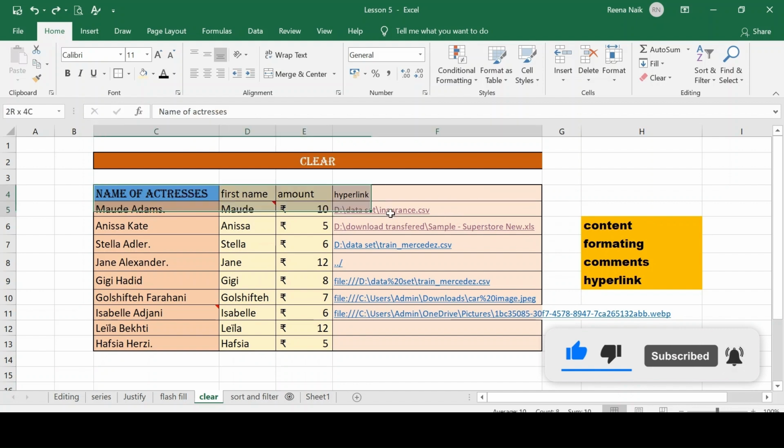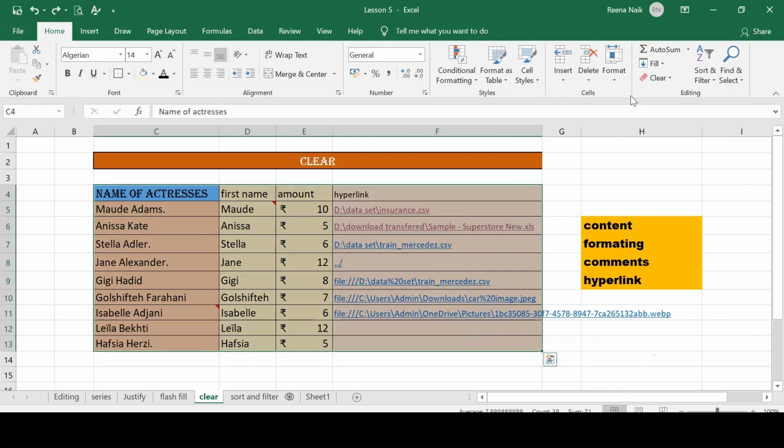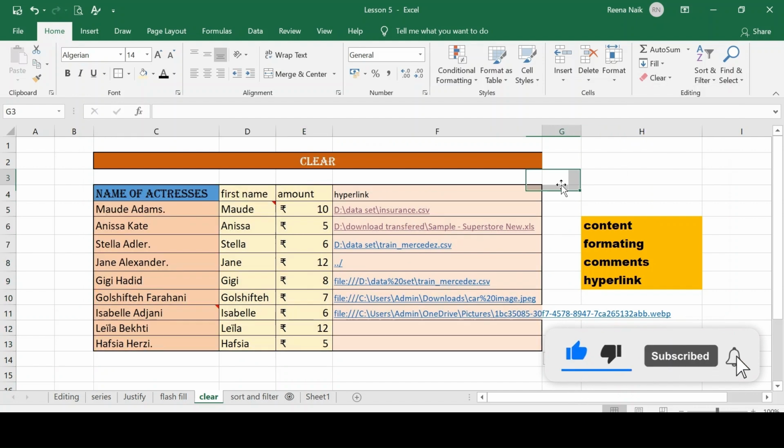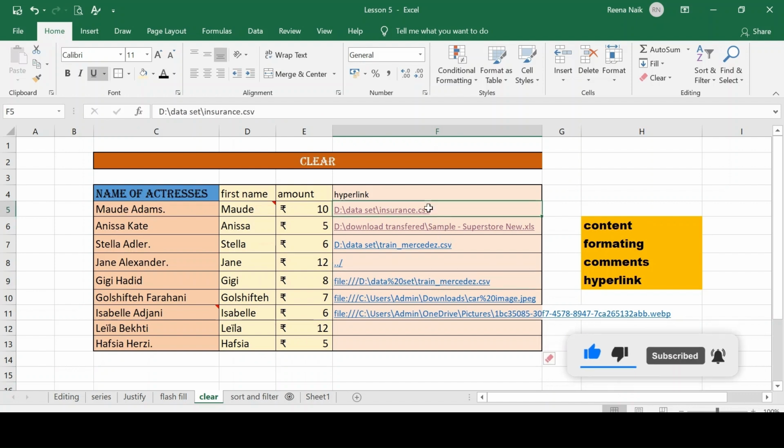If you don't want this hyperlink, just select it and clear the hyperlink. Now you can see the hand is not coming here because this is not linked to that folder. If it were linked, the hand would have come, but since it is not coming, you have removed the hyperlink.